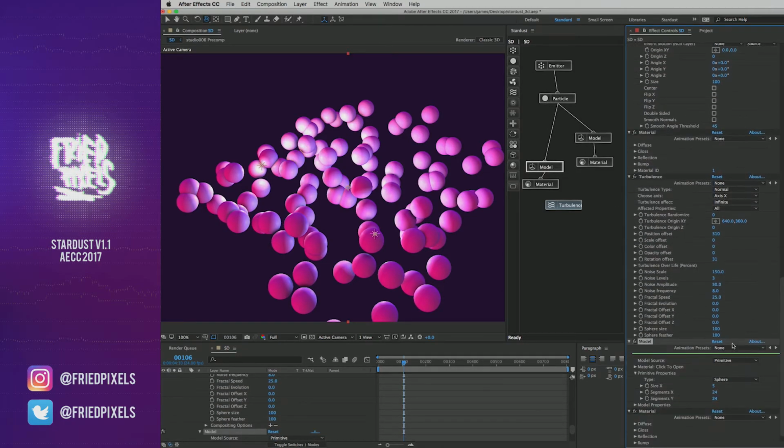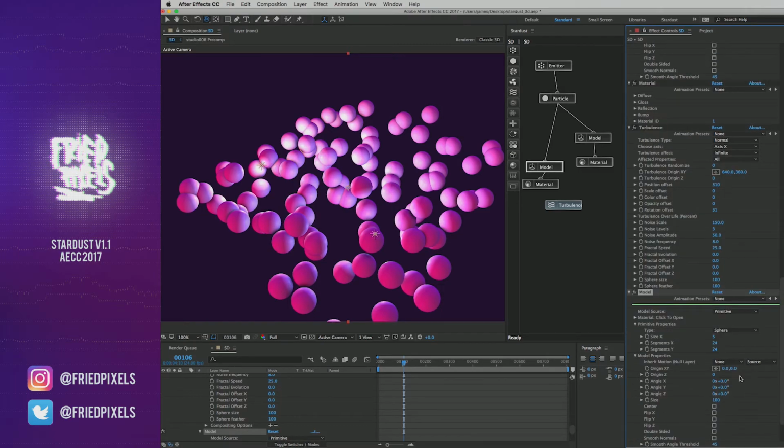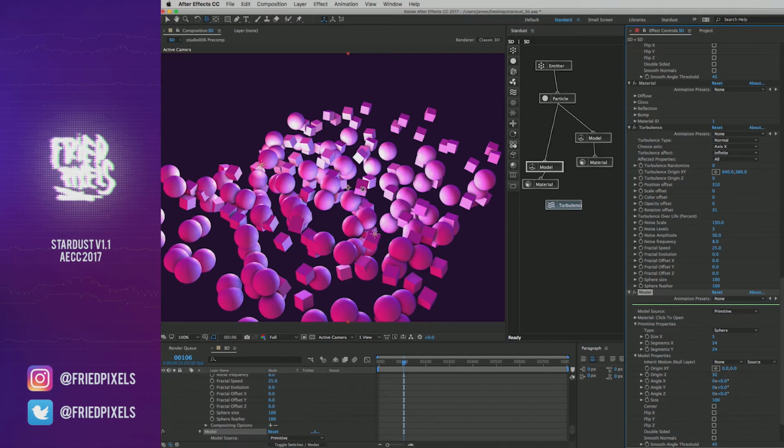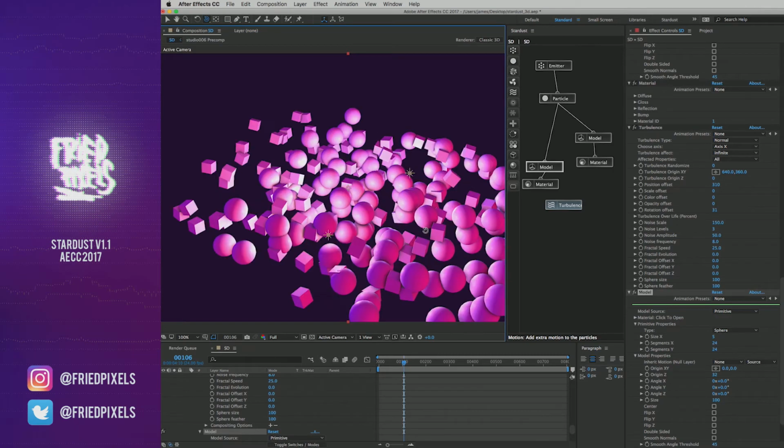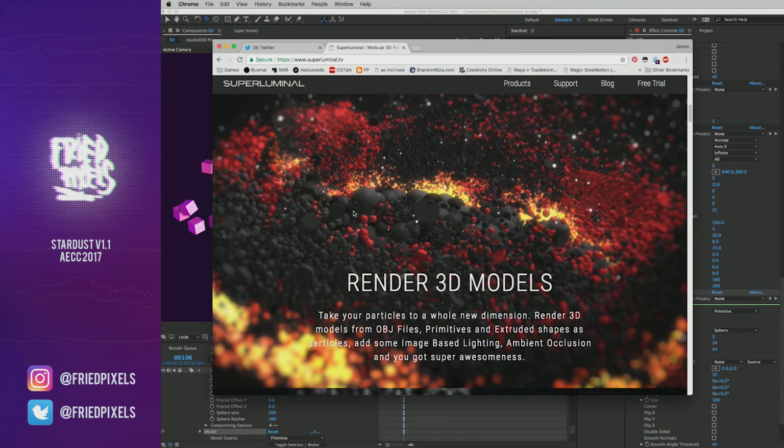And let's say we maybe adjust it there. Position maybe in Z. There, you can see you can apply multiple particle types to the same system and create